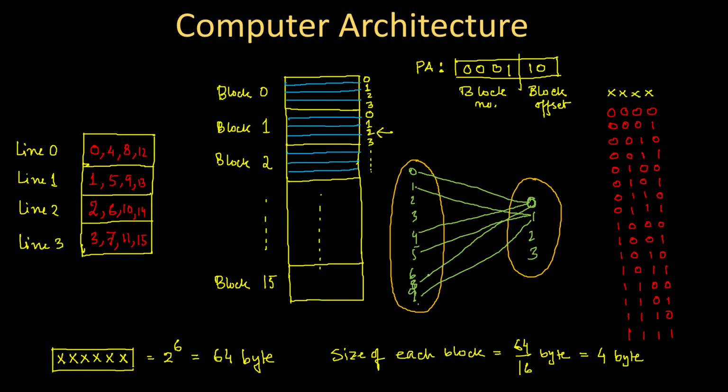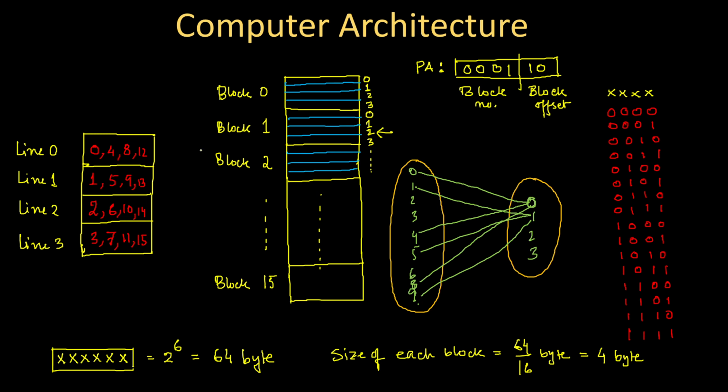So this mapping, how can we do it? Obviously block offset cannot work over here, because block offset represents the exact location within the block present in the RAM. So just for timing, you can omit this block offset part. Somehow we have to do some trick on this block number part.